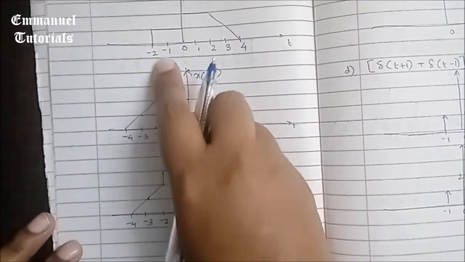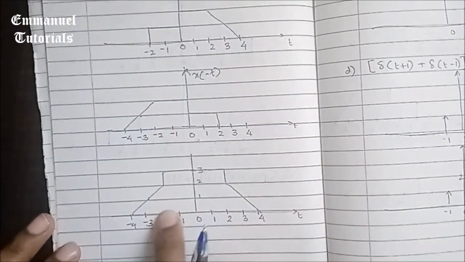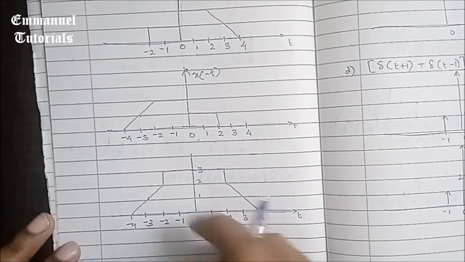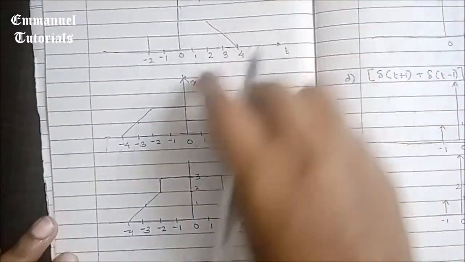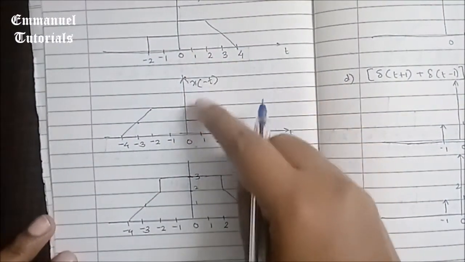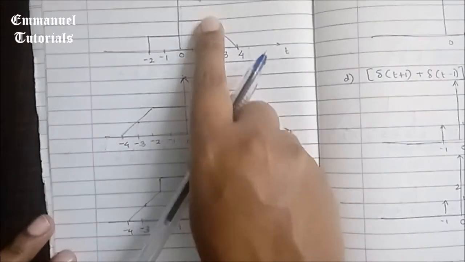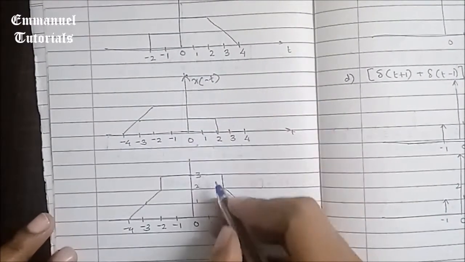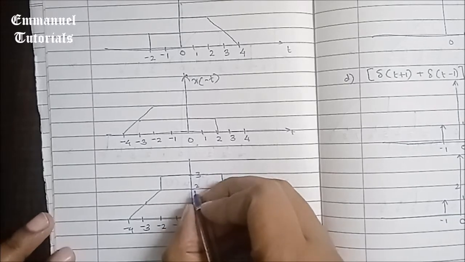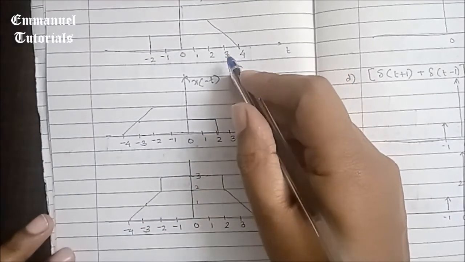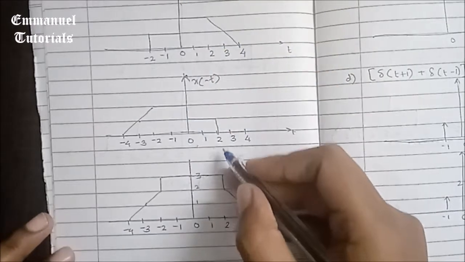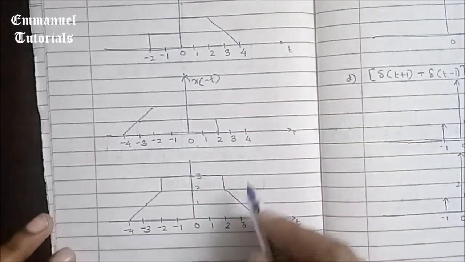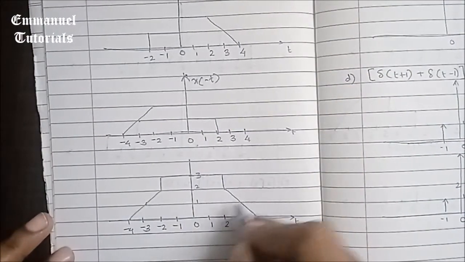At -2, the first signal's amplitude is 1, the second signal's amplitude is 2. So the resultant signal's amplitude is going to be 2 plus 1, which is 3. So you take it to the top. At 0, the first signal's amplitude is 1 and the second signal's is also 1, just increasing to 2. So you take the lower signal, which is 1, and 1 plus 2 is going to give us 3. So our amplitude is going to be 3. At 1 and 2, the first signal's amplitude is 2 and the second signal's amplitude is 1. So you add both and you get 3 at 1 and 2.